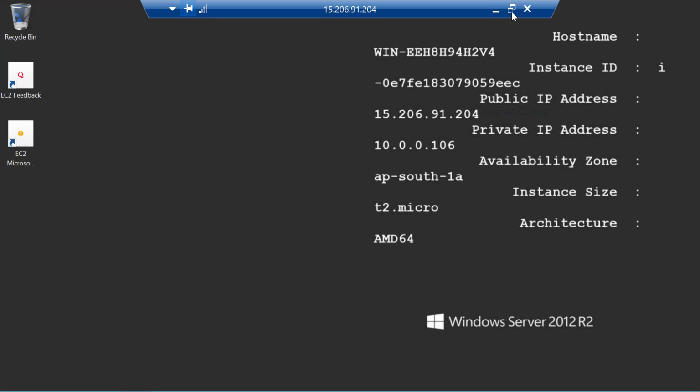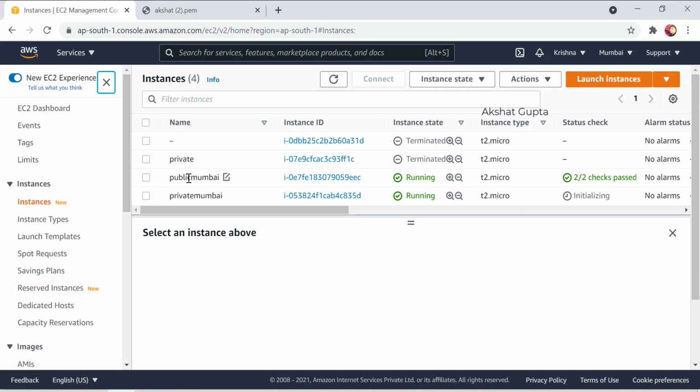Now we have already created a public EC2 machine, and now we need to access the private one. How will we access it? We don't have any public IP address. How would we be able to access the private EC2 machine in that case?